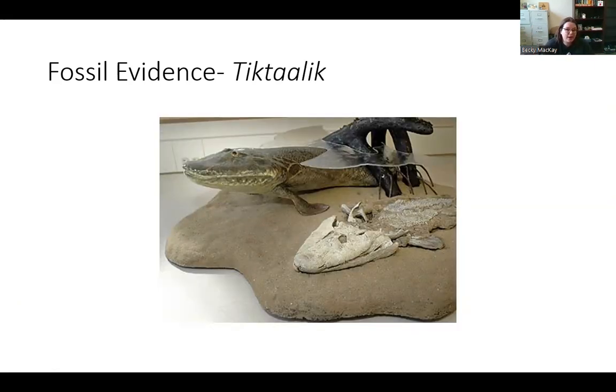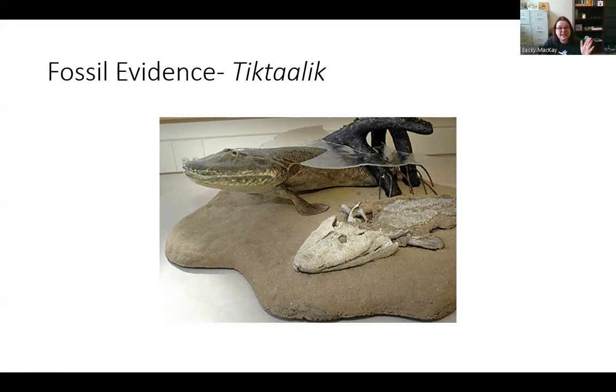We also have evidence, this is Tiktaalik. This is evidence, we talked about how all life started in the water and then it came onto land. Tiktaalik is one of the fossils that shows that progression. It has front flippers. It's not completely legs, so it seems like it could have maybe walked on land for a little bit. It has no back legs, so it wasn't a tetrapod. It couldn't stand up and walk around like a lizard, but it showed the progression. And again, we don't have every single thing because fossils don't always survive. Not everything fossilizes.